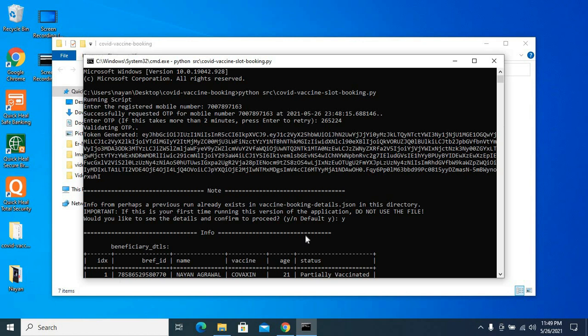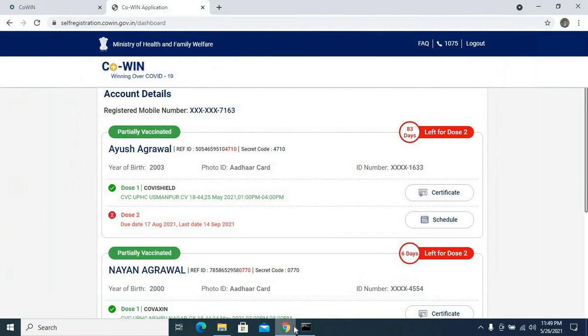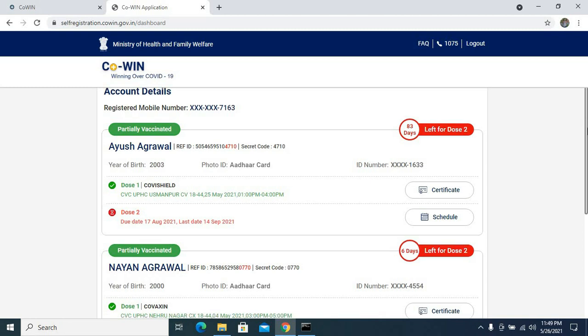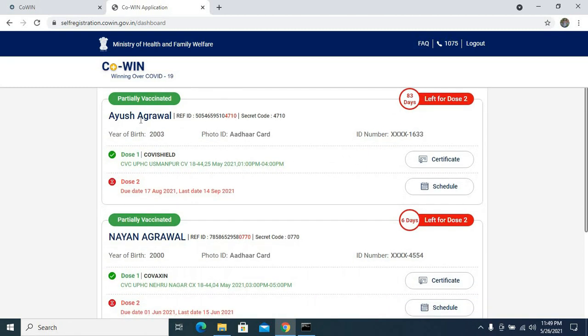So the basic difference is that in this you can book the slot for more than one person at the same time, but at the CoWIN portal you are required to book the slot for each and every person separately.